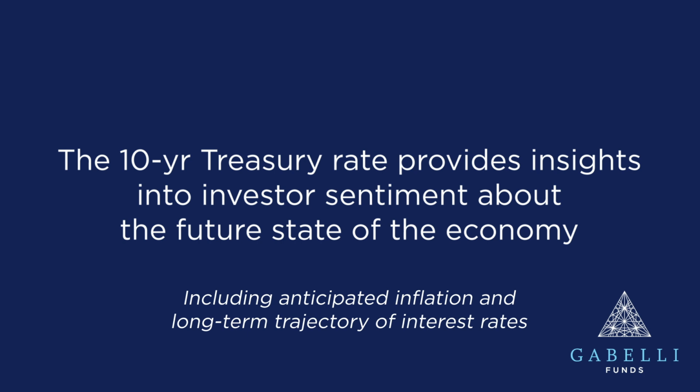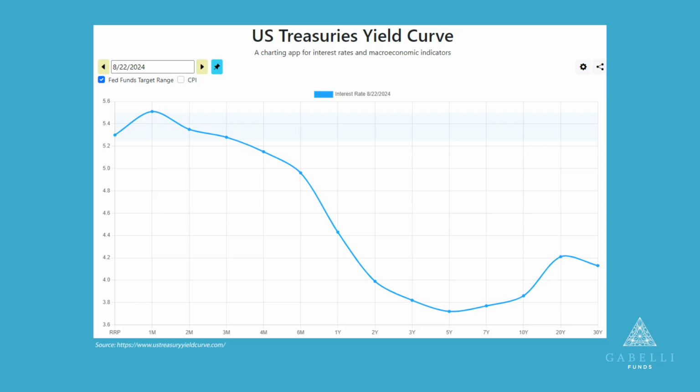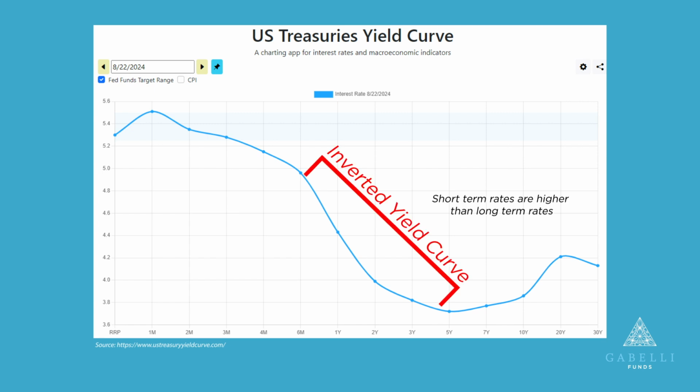trajectory of interest rates. A significant difference between the 2-year and the 10-year rates, known as the yield curve, can indicate economic conditions such as growth expectations or potential recessions. For instance, an inverted yield curve, when short-term rates are higher than long-term rates, may signal investor concerns about future